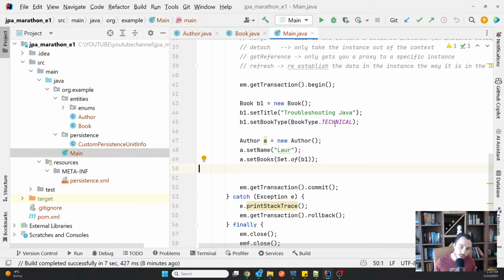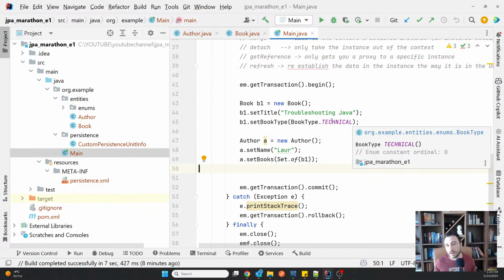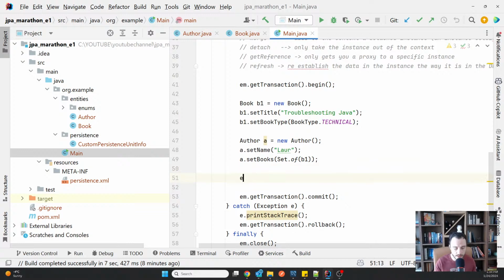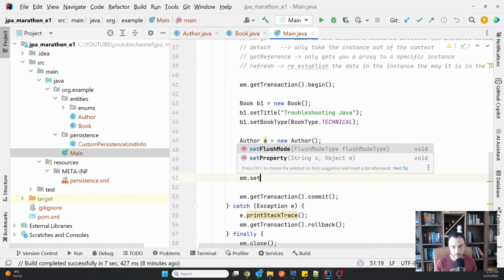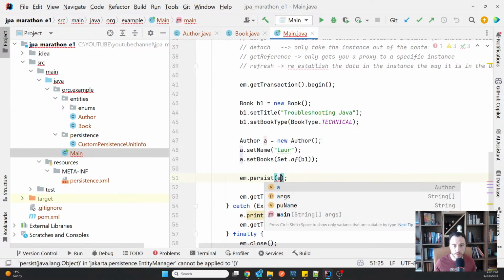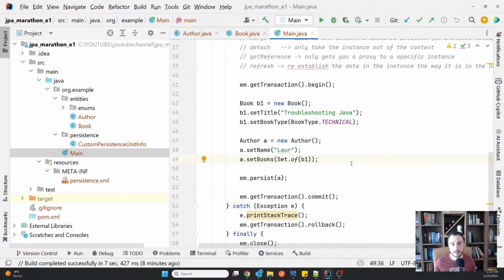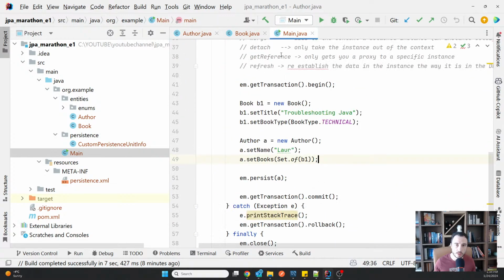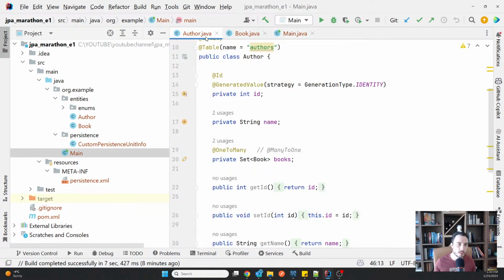And now again, if I had set up a cascade on the relationship, I would be able to only say persist for the author. But if I did not, which is my case here, then I have to say persist for the book as well. So now it depends on what you want to do.